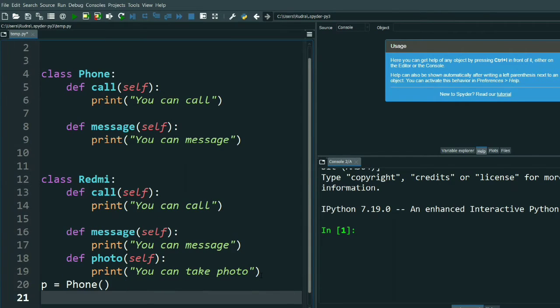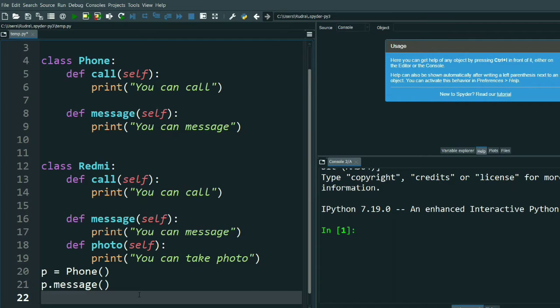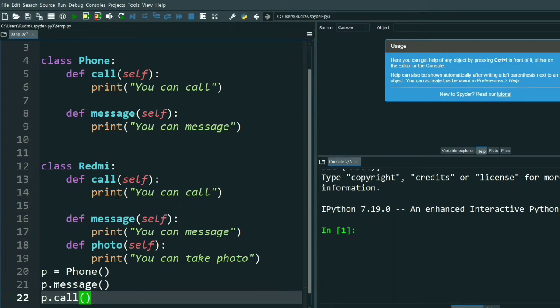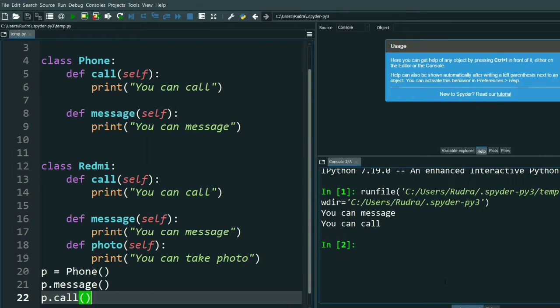Then p dot message and p dot call, done. Let me now call it. See, you can message, you can call is the output.